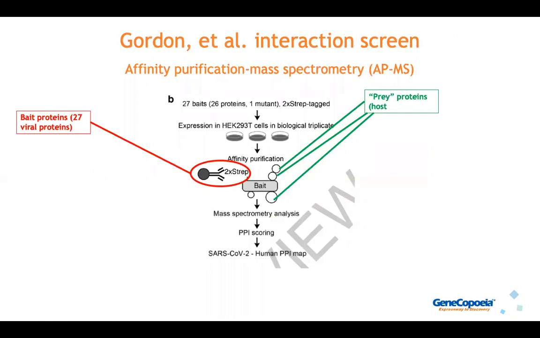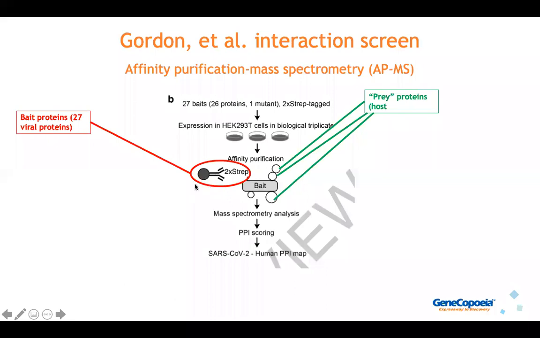Now, I want to point out that we also have a large collection of genes in our library for other host factors, such as what was shown in a paper that came out in Nature a couple of months ago from Gordon et al., where they did a human interaction screen to look for other human proteins besides ACE2 and TMPRSS2 that interact with SARS-CoV-2 viral proteins. What they did was an affinity purification mass spectrometry screen. So they engineered 27 viral bait proteins,